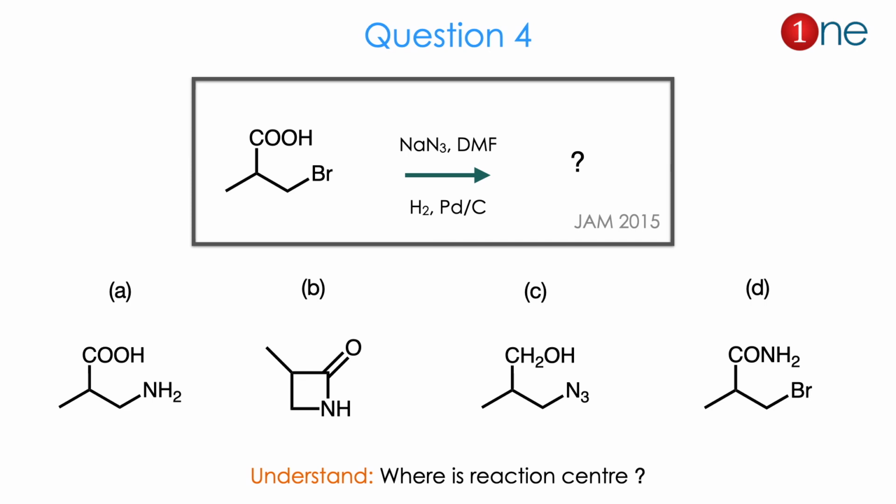The products are just a conversion of bromine into amine, or a cyclized product, or the acid introduction, or just an amide formation. Basically you are competing the reagent and the functional group. So from the reactant to the product you might guess the role of the reagent is important, and its selectivity, where it will react, is important. The answer is A. Let us see how.